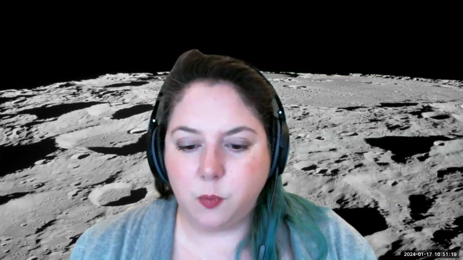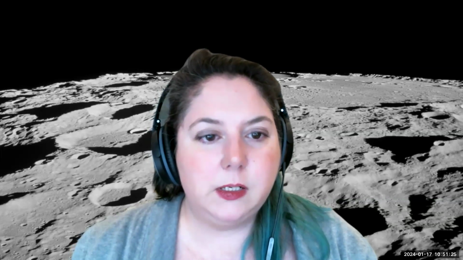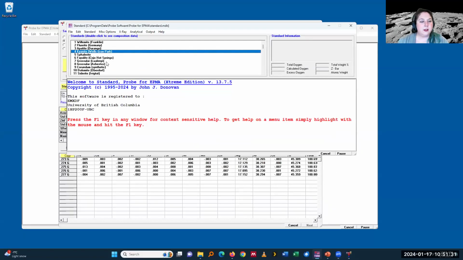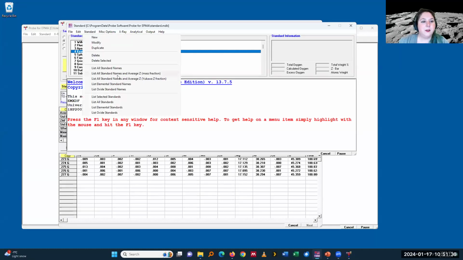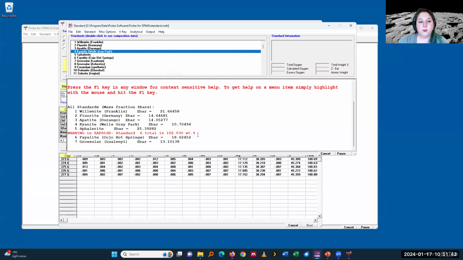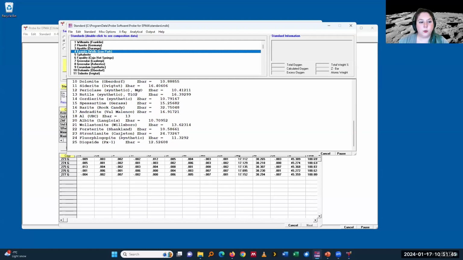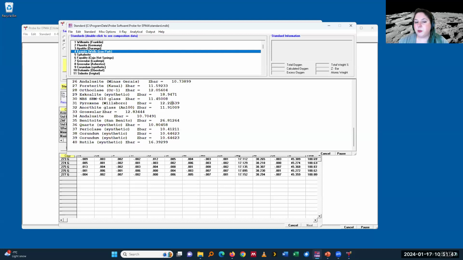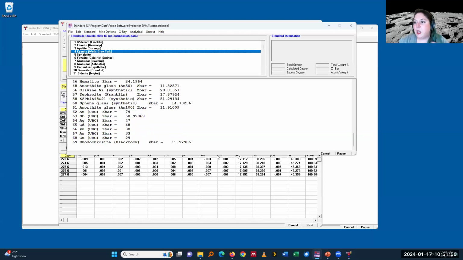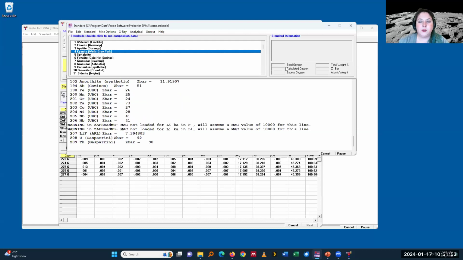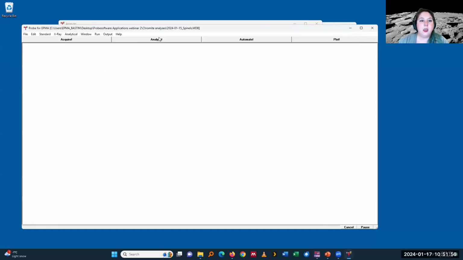And one thing that I also just quickly would like to mention, because I think a lot of people are not aware enough of it, is if you, and I just quickly share my screen and go into that. So we have all our standards in the standard database. And the standard database has an option under standard, list all standard names in average Z for 2 types. So if you do that, it spits out the list where all your standards show their mean atomic number. So I just copy that into an Excel spreadsheet, try to get an idea what the Z range in my materials is. If I don't know it and I already have some analysis from a previous run,